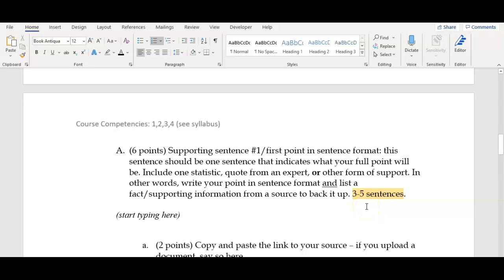You're basing this on your support. So this supporting sentence should come from your thesis statement. So make sure that your introduction will talk about the introduction to your topic and all of that, and you'll put in your hook up there and your thesis statement, and then you should be breaking down your points into your outline. So your supporting sentence number 1, your first point in sentence format, that is your first point from